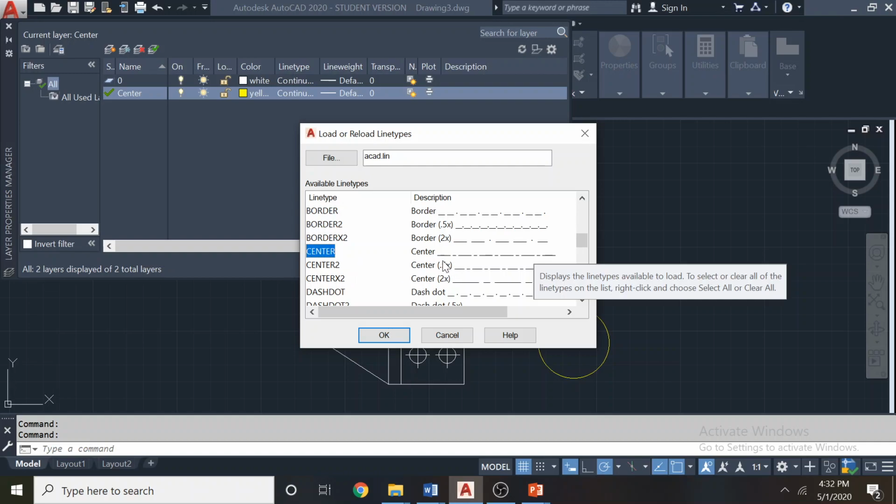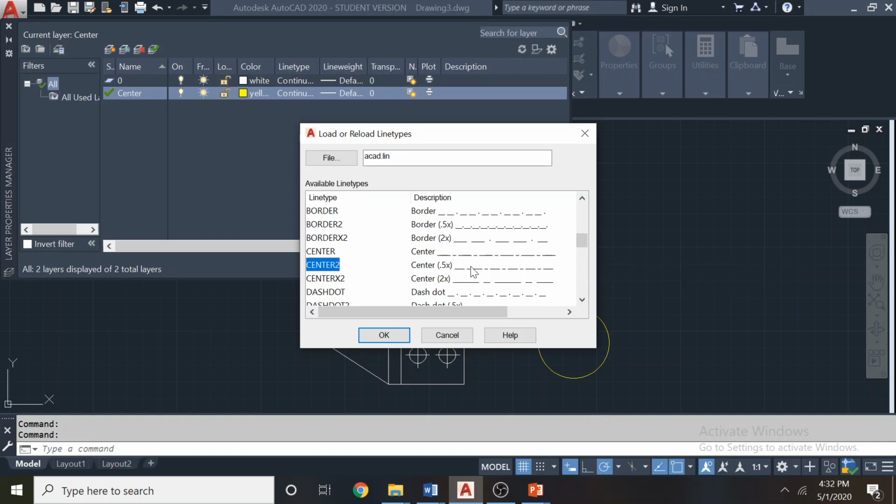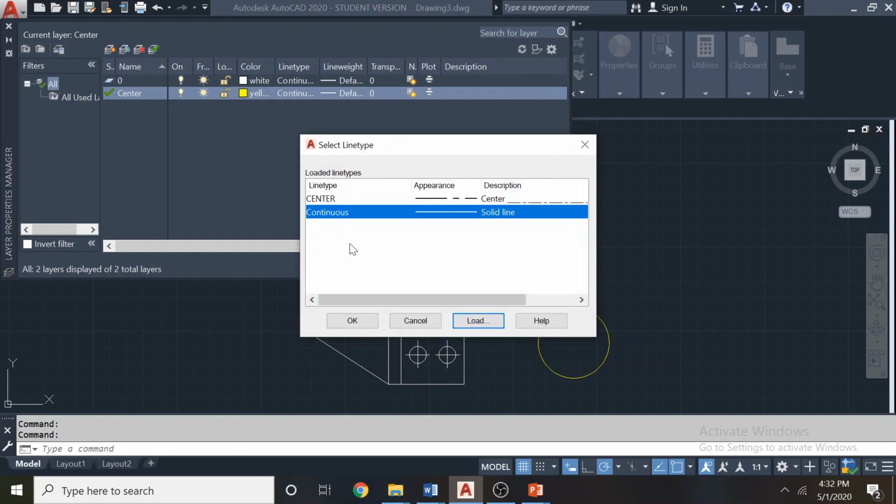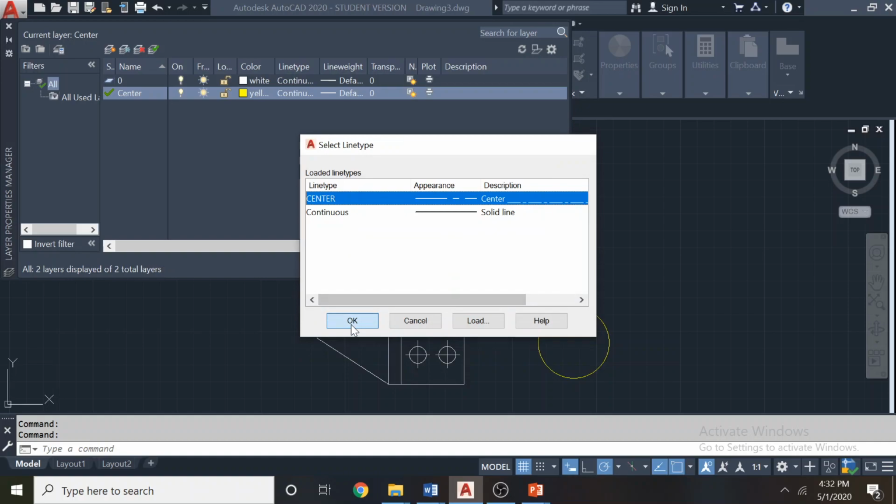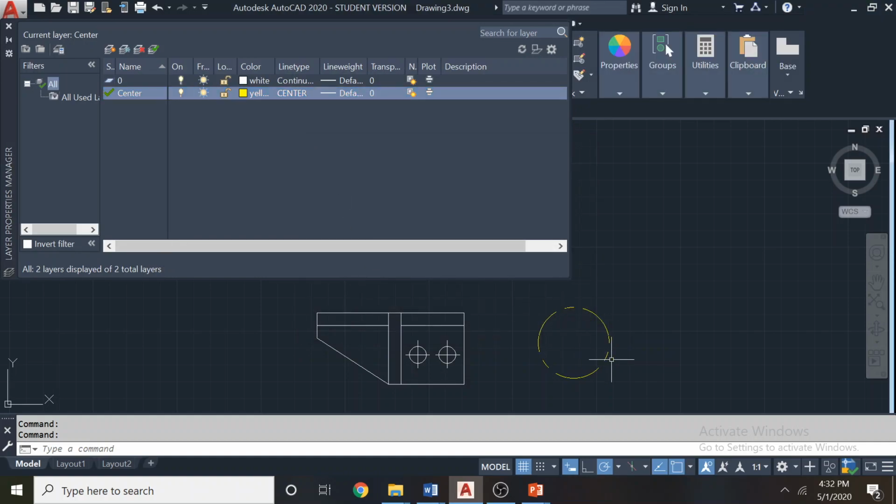The meaning is that some are somewhat shorter lines, and some are somewhat lengthier lines. Just select the normal center line. Now this becomes the center line here. So the new layer takes the yellow color and center lines.